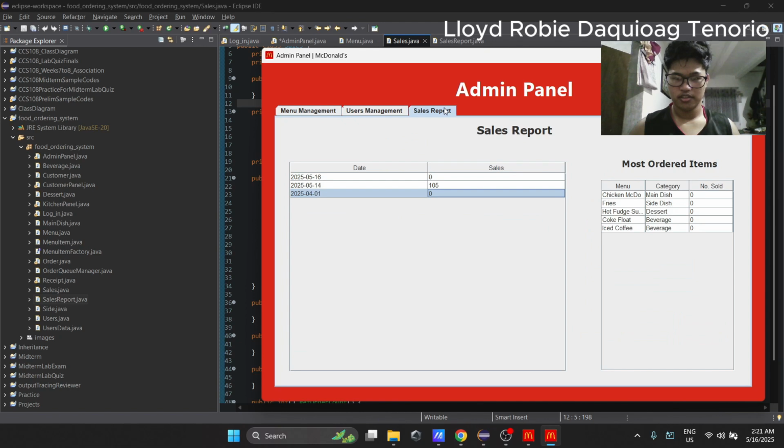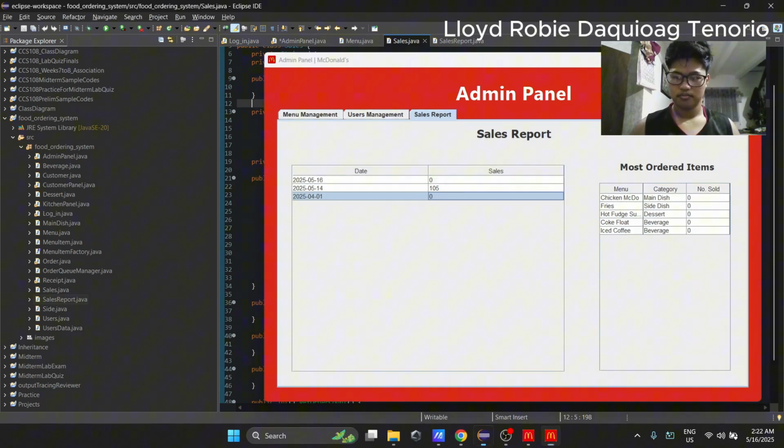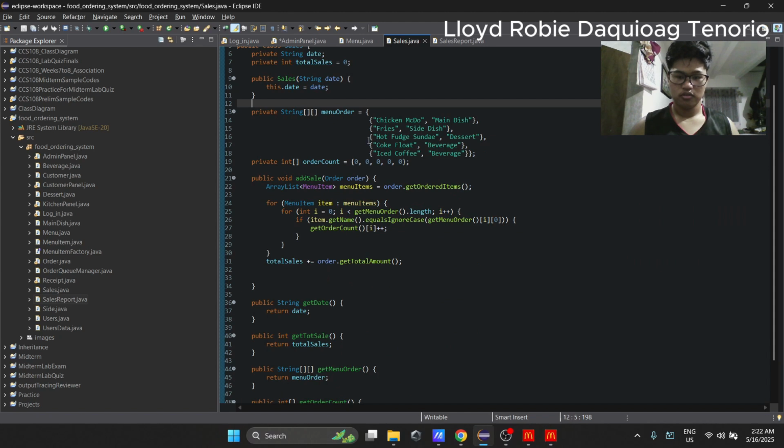Here, the menu items are the most ordered items: the menu, the category, and the number sold. We have here an array that represents the title of the dish, the food, then the order count.